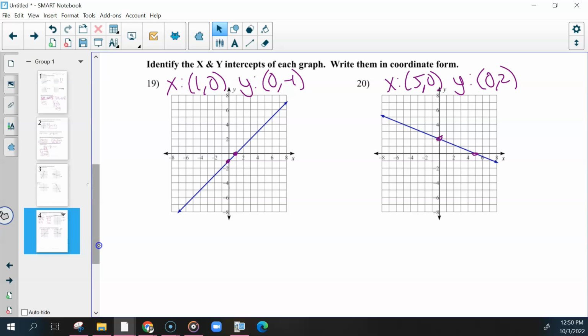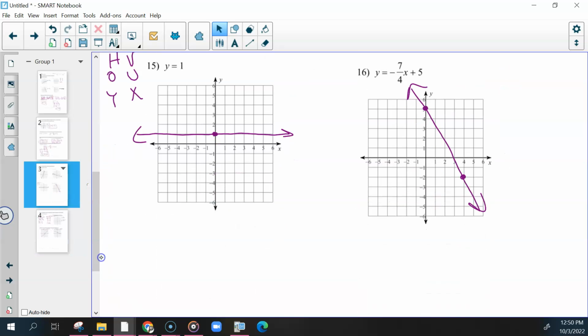I just didn't hear what you said. Yeah, you put the wrong, you put positive slope when it should have been negative. You don't have to